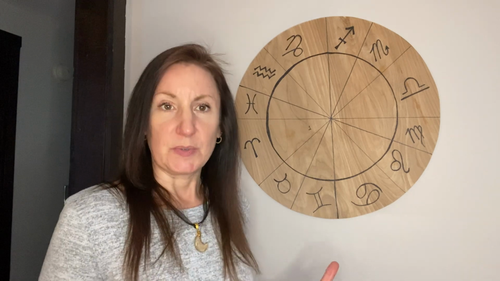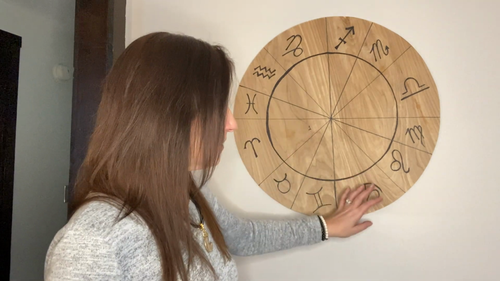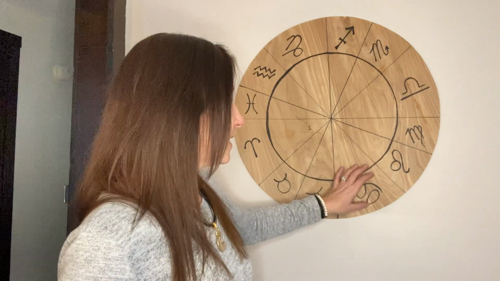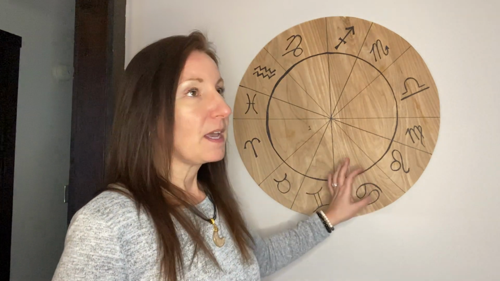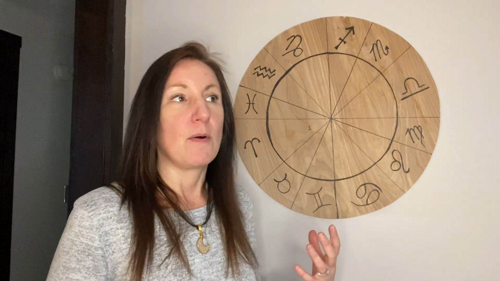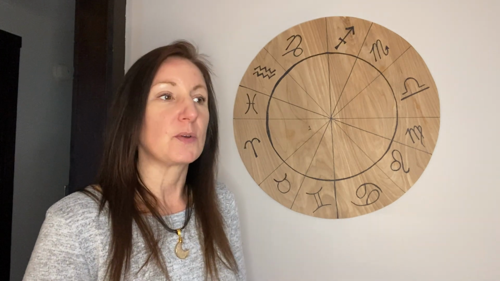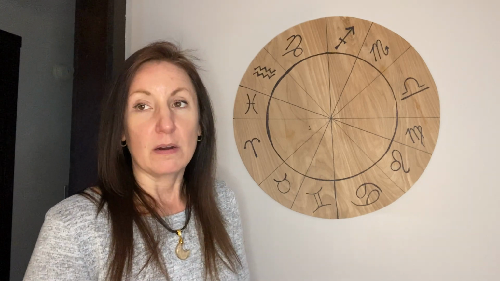People that you speak to a lot, just like Gemini. So then we move on to the fourth house. Now, the fourth house is an angular house, just like the first house. This one is about house, home, upbringing, your parents, the way you were raised, the foundations that you start out